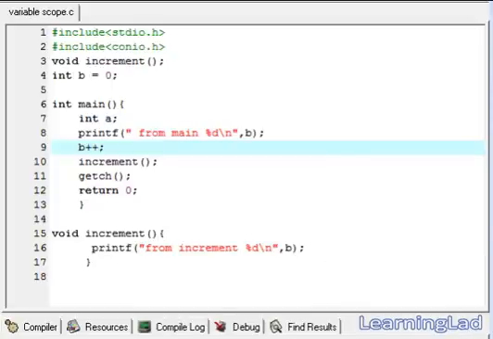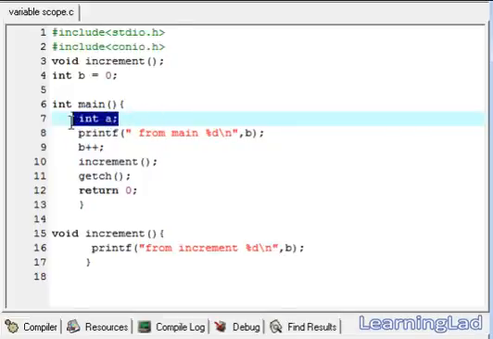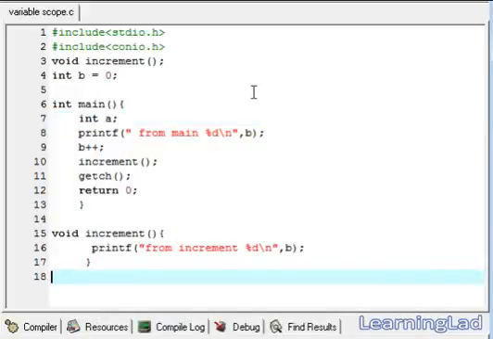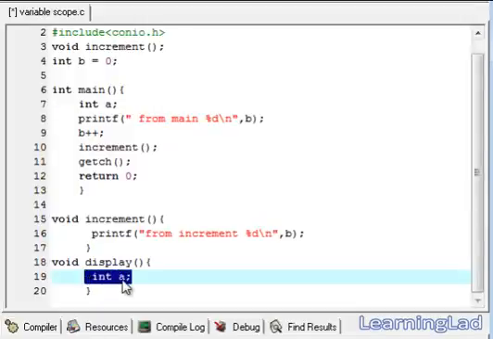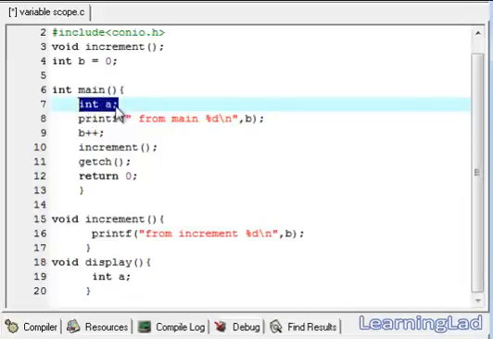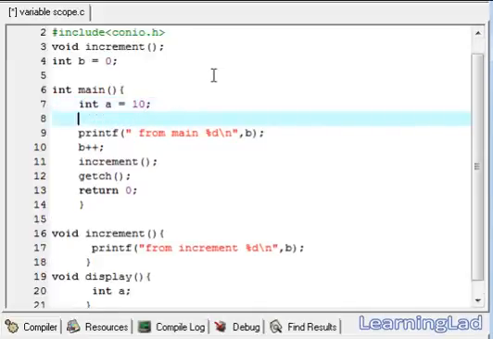Another thing I want to explain to you is about the variable names. In the main function we have a local variable called a. Then we can also have the same variable name in some other function, maybe a function called display, and the values of the variable a in this display and the variable a in this main will be independent of each other. So in the main function our a may contain a value equal to 10, then we're gonna print it. The value of a